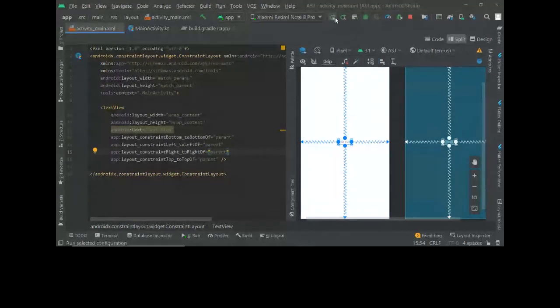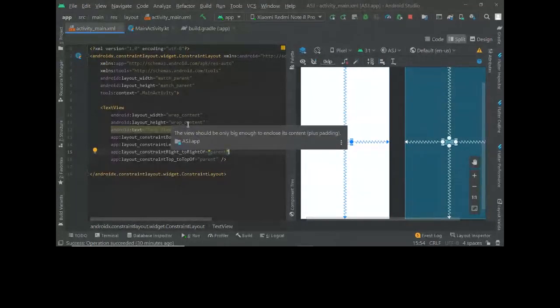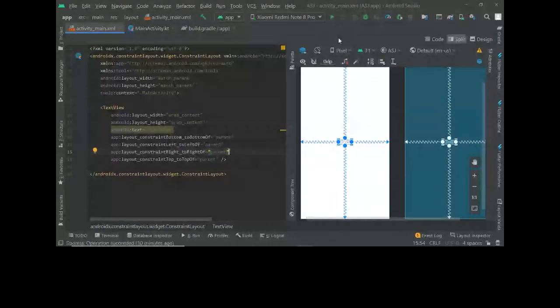One second, I'll just show you the run button. See the run button. You can run it, but what I've done is I have connected it to my device itself using a USB. If you enable USB debugging on your device and connect it with a USB cable, you can run it on your device as well. And since the emulator isn't working on mine, I'll run it on my device itself.